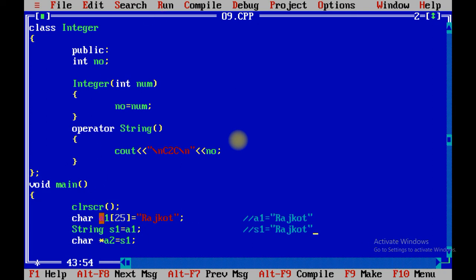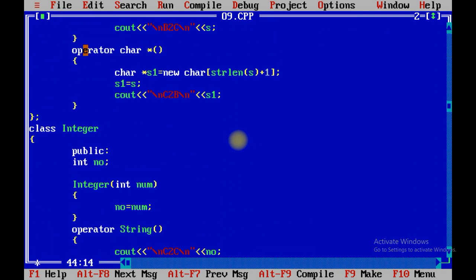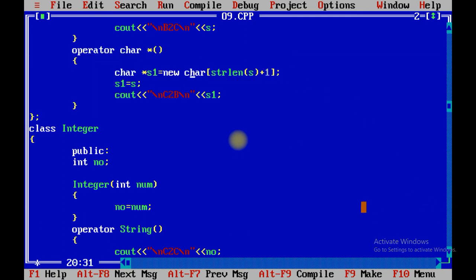Now what happens? We have used the pointer operator over here, and over here we have overloaded that operator. So now what is the value of S? S contains Rajkot. So we are going to store the length of Rajkot: 6, plus 1 more. Why 1 more? Because any string contains the last character as a null character.